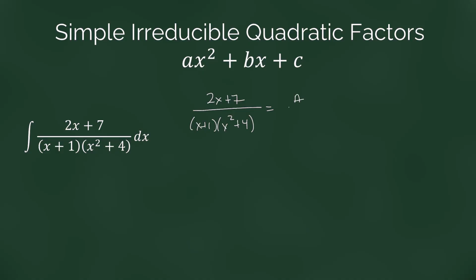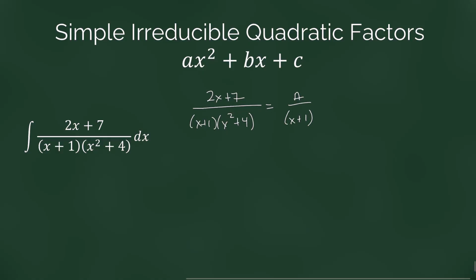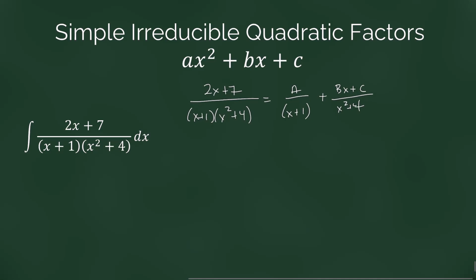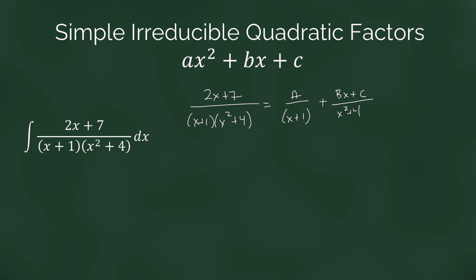decomposition. The x plus 1 is linear, so we're just going to give that a constant A in the top and rewrite that factor. Because x squared plus 4 is quadratic, that means that the numerator we put on that fraction has to be linear. So we're going to write (Bx plus C) over (x squared plus 4). From here, we can proceed